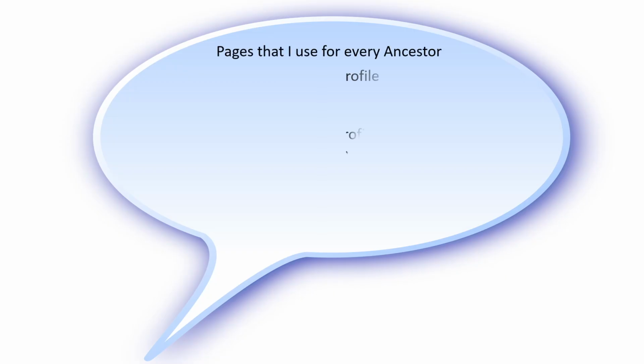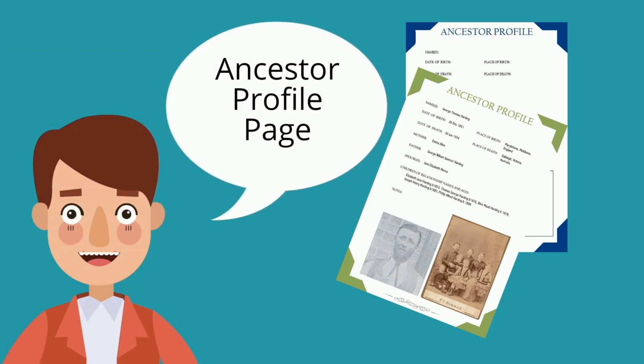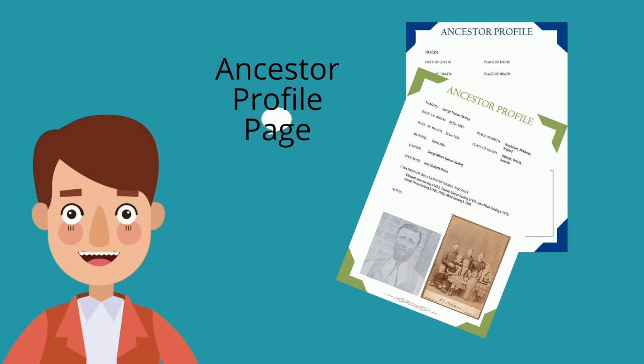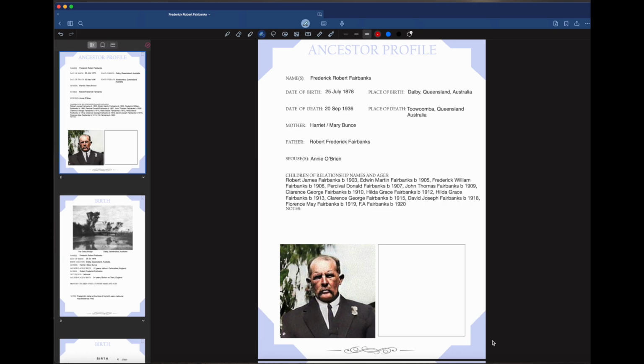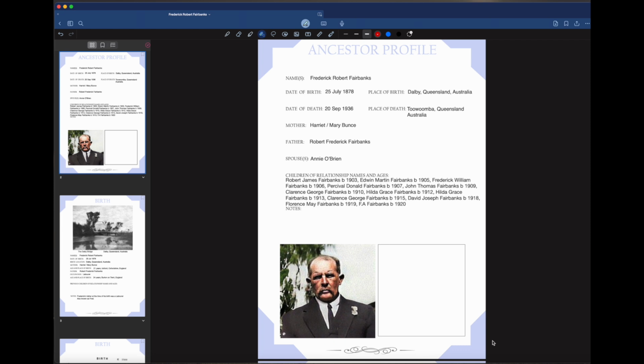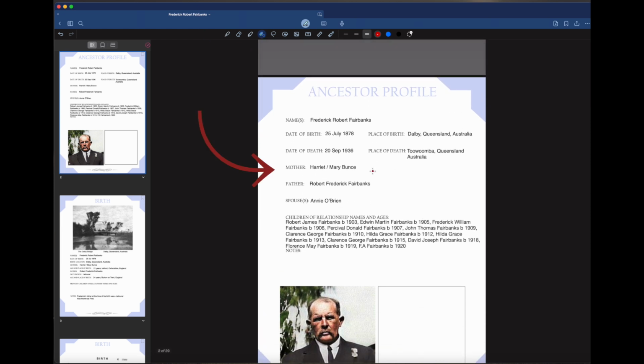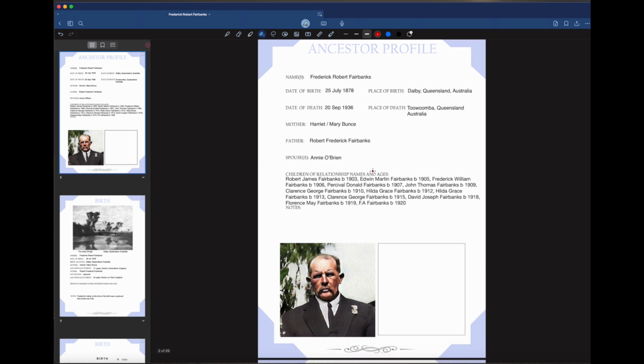I have 9 pages I use with most of my ancestors. Here they are. First page I use is the Ancestor Profile page. It lists information about your ancestor. This is my great-grandfather's ancestor profile. You see you've got your name here, you've got date of birth, date of death, mother, father, spouse, and all the children. If you don't have a picture, you could use a silhouette